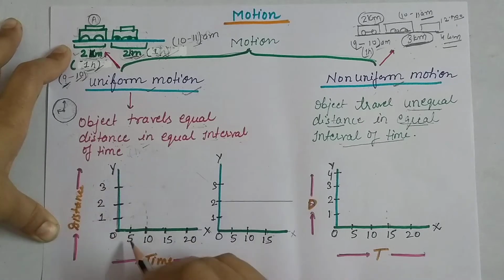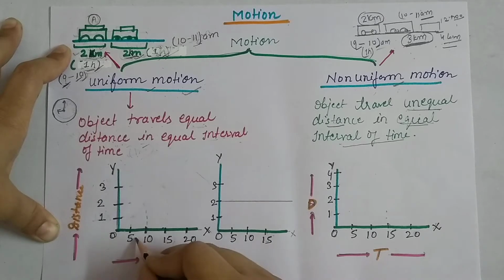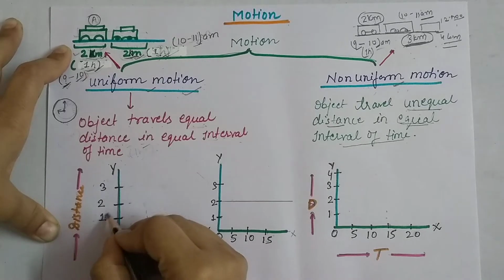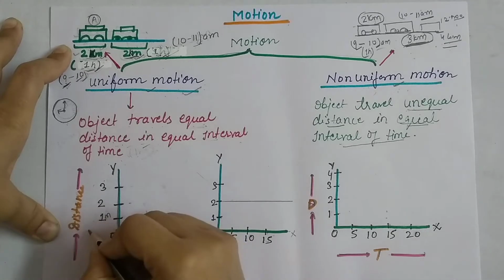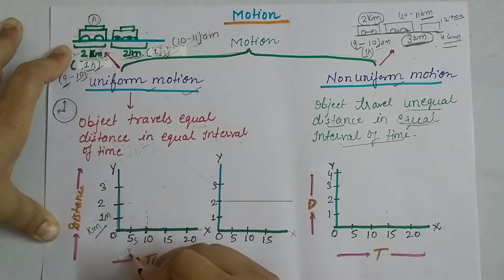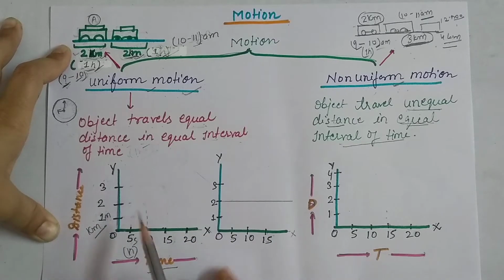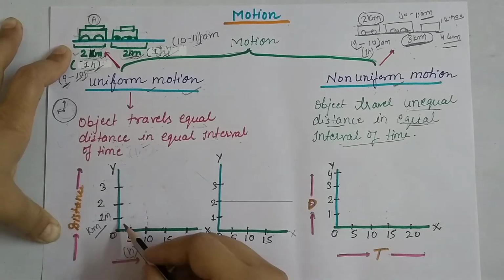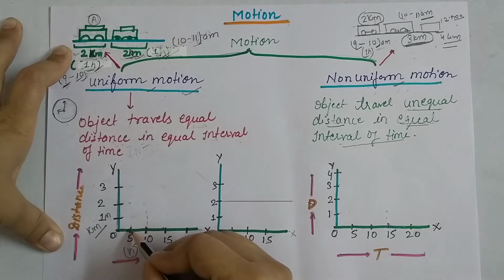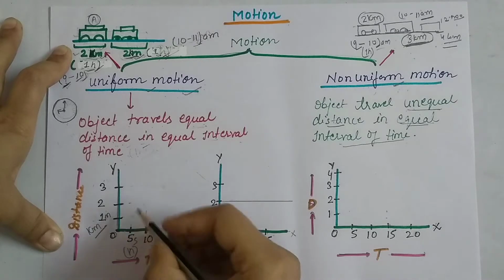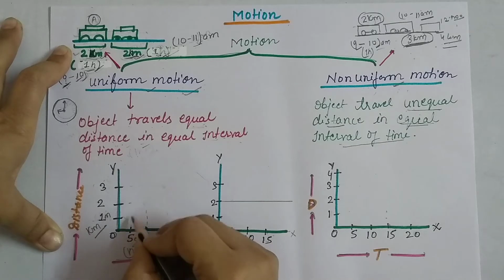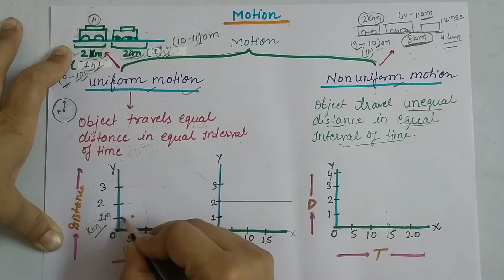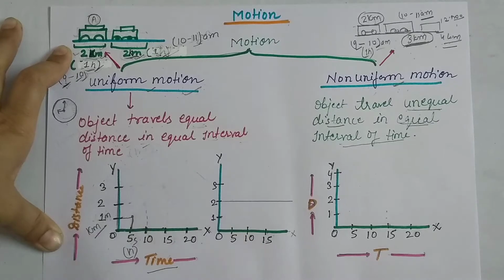So here we take the meter, seconds, and if we take the kilometer, when we take the kilometer here, then we take the hour. So basically meter or second we will take. If an object moves 1 kilometer in 5 seconds, we can put it here, and that is the graph we will form.